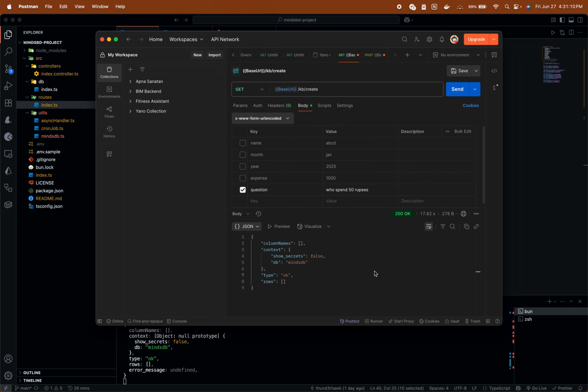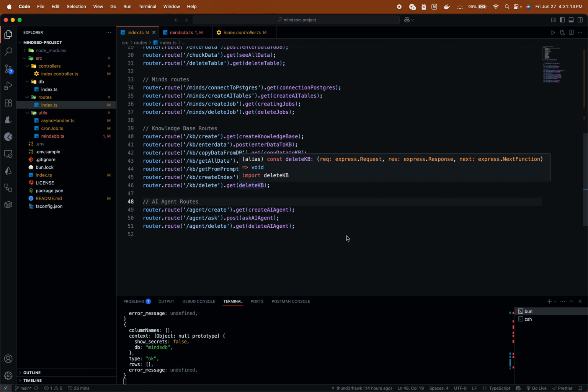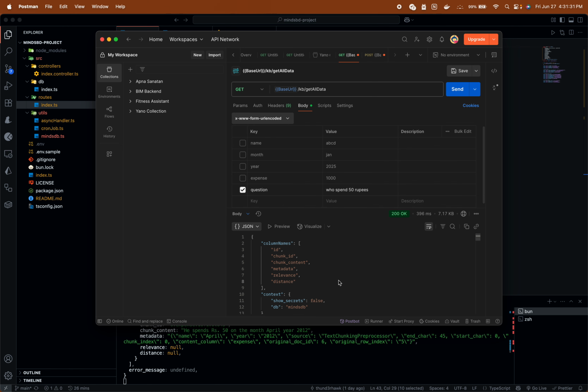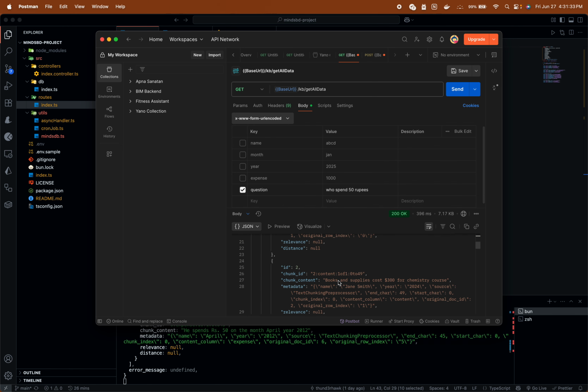Okay, the KB is also created. Then let me get all the data from the KB, because I just created it and all the data would not be there. So we get a response, a blank empty array. So if I send get all data from KB,